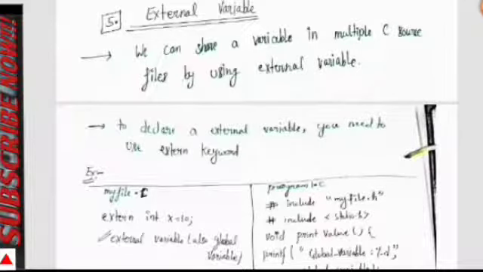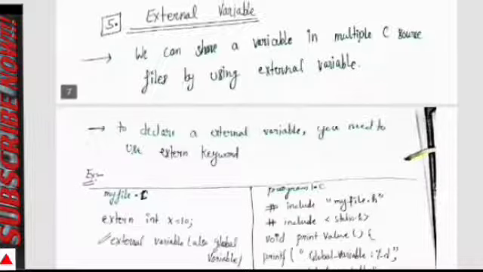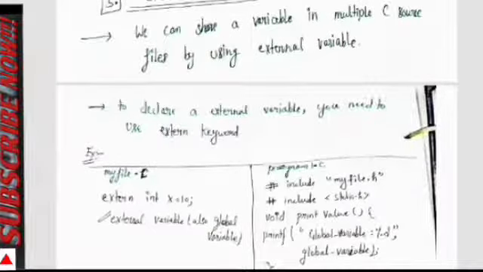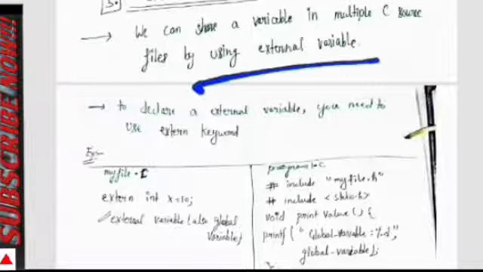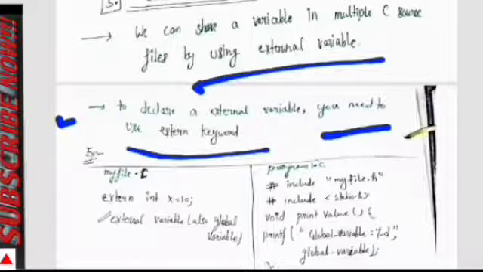The next variable is your external variable, and it is your last variable. We can share a variable in multiple C source files using the external variable. To declare an external variable, we need to use the extern keyword. For example,